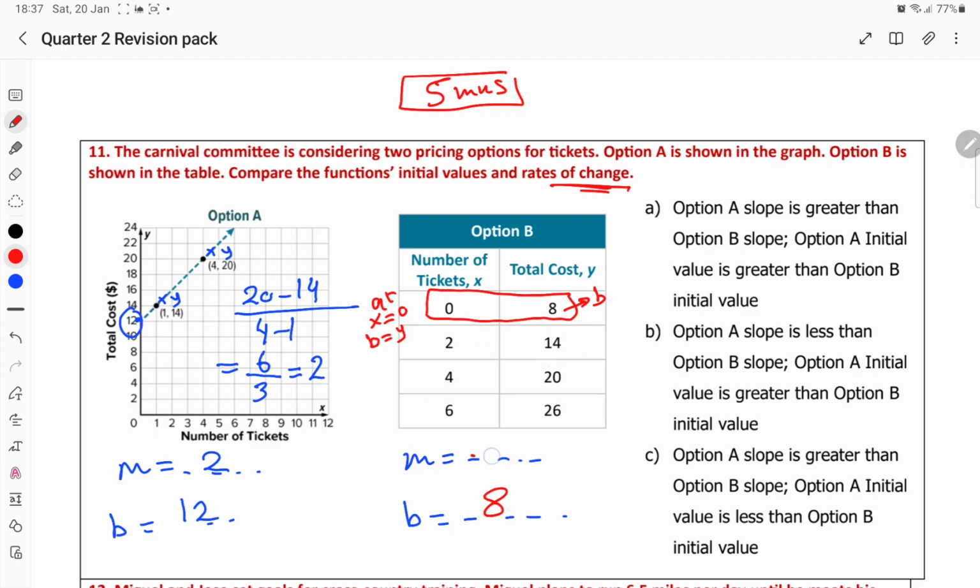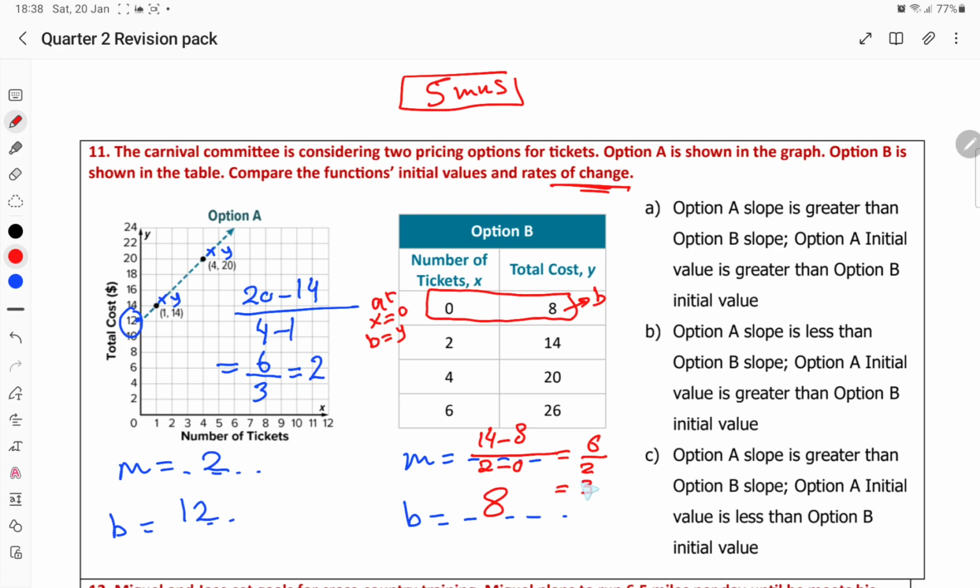So the m is equal to (14 minus 8) over (2 minus 0). What's 14 minus 8? 6. 2 minus 0 is 2. What is 6 divided by 2? Just 3. So the m is equal to 3 and the b is 8. So if you notice,